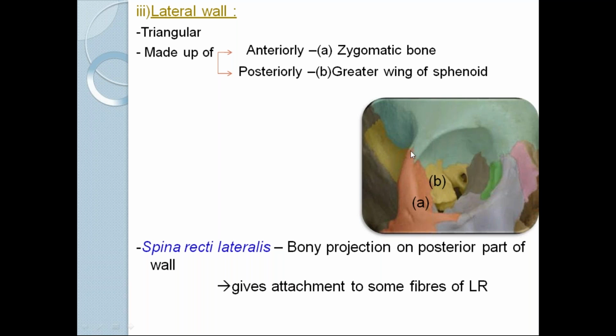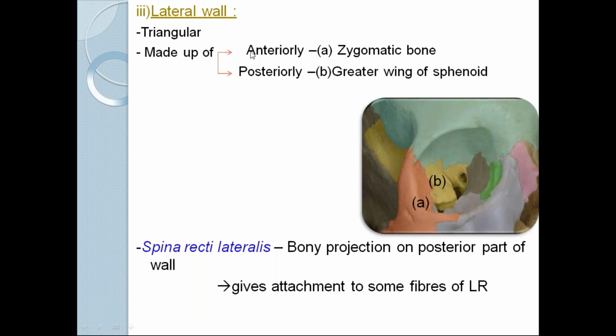Okay, so this particular bony cavity is a picture of a right orbit. This colored portion A is the zygomatic bone, B is your greater wing of the sphenoid. Between this greater wing and the lesser wing of the sphenoid is your superior orbital fissure. It is a comma shaped defect that we are going to talk about in detail, and this particular circular aperture which you can see is the optic foramen.